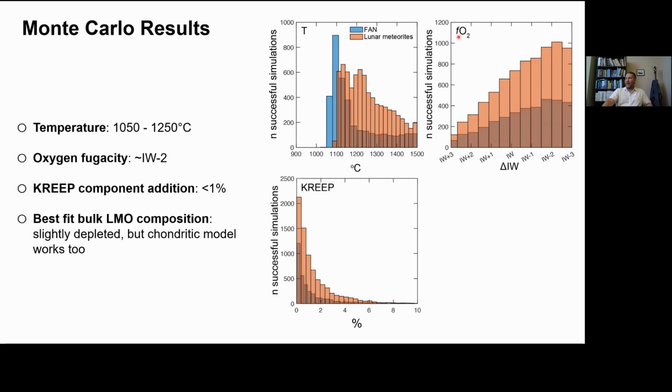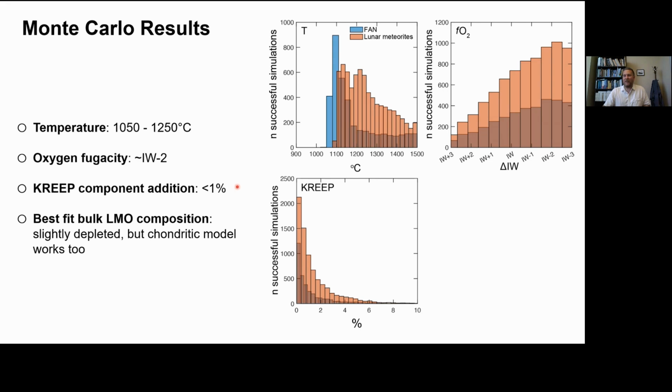Here you see the oxygen fugacity conditions that can successfully reproduce these compositions. So in most cases, the fO2 is about iron-wüstite -2, and the KREEP component that was added is generally less than 1%, in some cases as much as 2%. So these are the compositional ranges that we can use to then try to understand what conditions could have formed